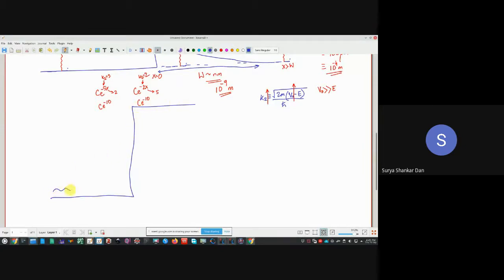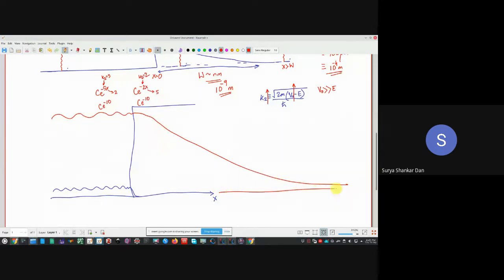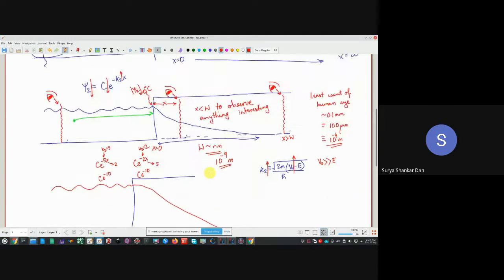And the particle is somewhere here. Okay, this is your X direction. What will happen? The carrier will die down right here itself. But the electron, which is very close to the upper value, will take a much longer distance for it to appear. So the distance from the barrier where the phenomenon can be observed, which I mentioned,